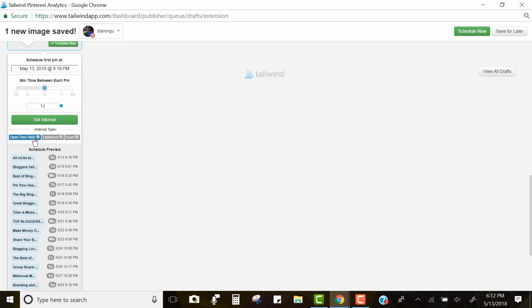And you have the ability to do that a couple different ways, okay? You have the ability to use the open time slots. So in the event that your schedule has some open slots, just like the name says, it's going to fill the pins in those open slots. Or you can use optimize. And again, if you hover over the little question mark, you can see that's going to make sure that your pins are being posted at optimized times outside of your existing schedule, okay? So you have the ability to also choose exact. So however you place that pin, it's going to release it exactly at that time, 6:19, for all of these,